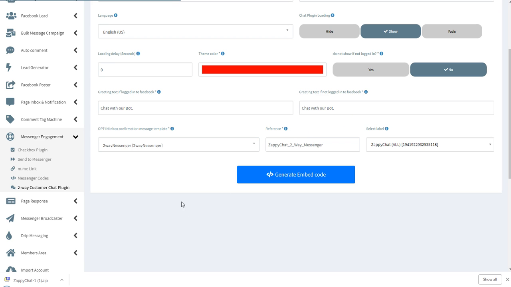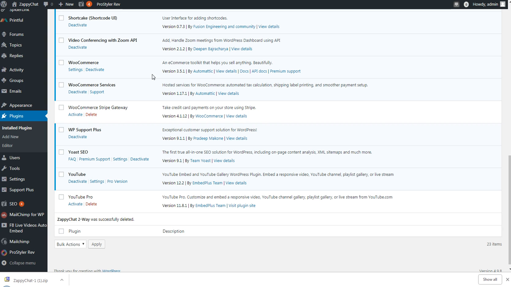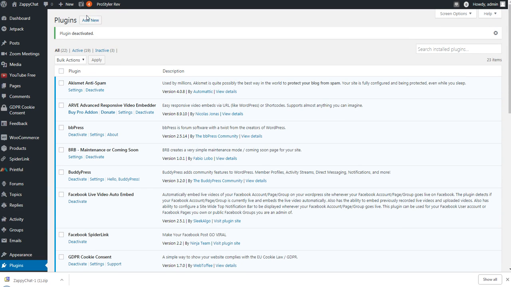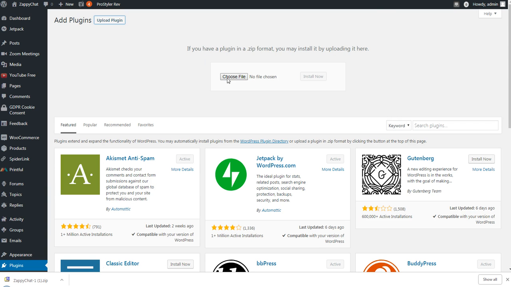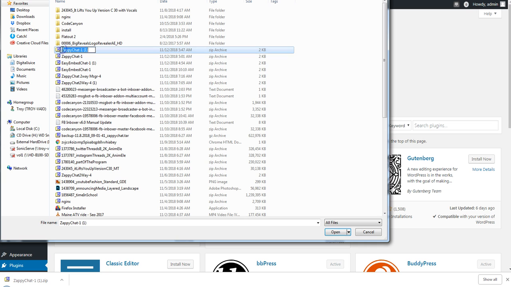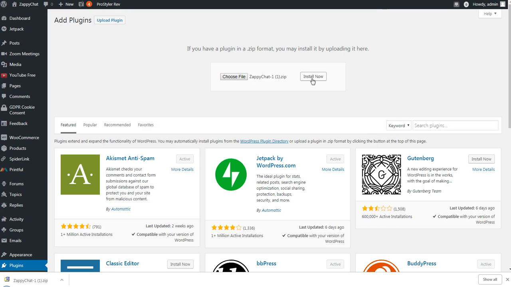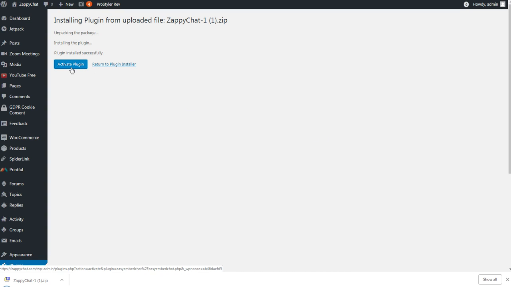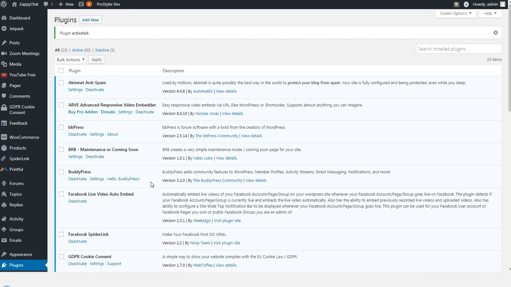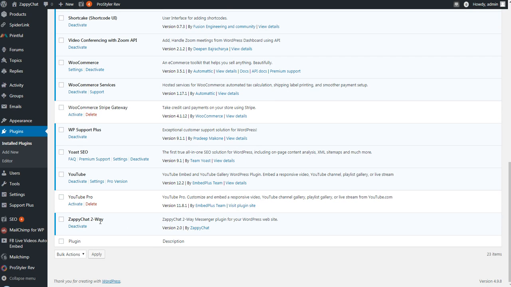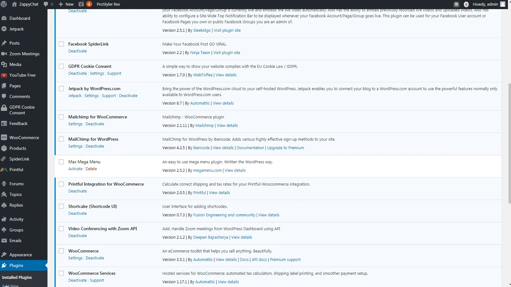So I'm going to just close out of this, and let's go over to my WordPress site. We're going to add new, and upload the plugin, choose your file. So as you can see, it's right here. So I'm going to install it and then activate it. So that's it. That's all you have to do to install it and get it on there. If you scroll down, it's right here, the ZappyChat 2A. It's all installed. So let's bring up the